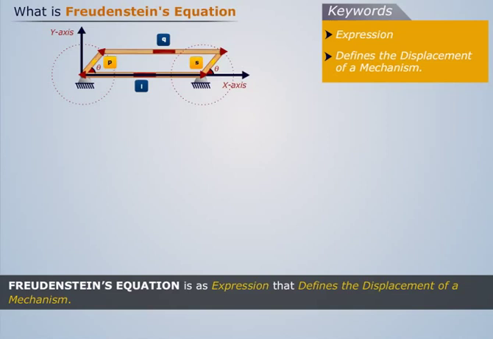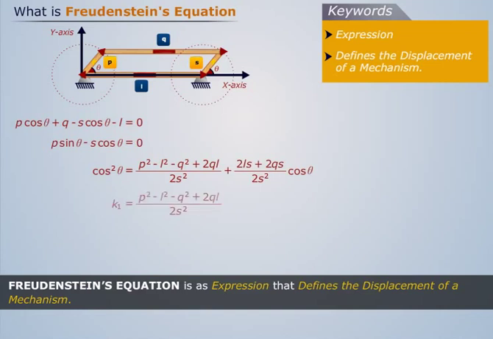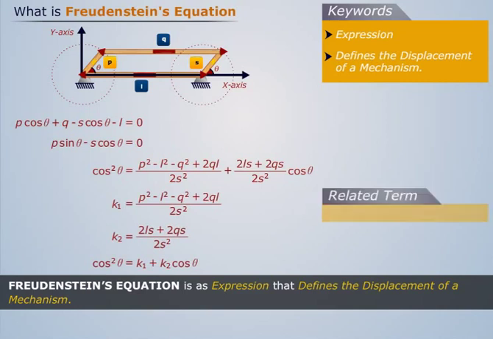First of all, taking the sum of the components along the x-axis, then taking the sum of components along the y-axis, by solving both the equations, we get the expression as. So the equation can be written as. This equation is known as Freudenstein's equation. The related term is